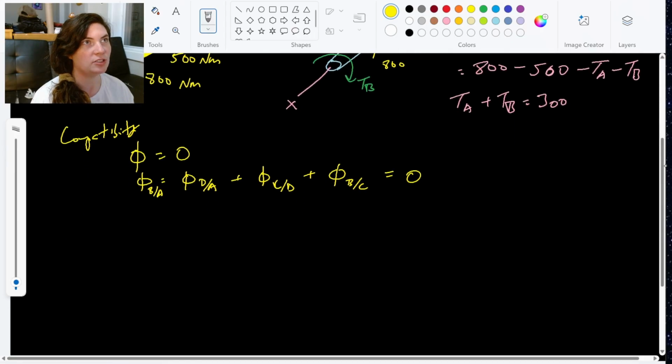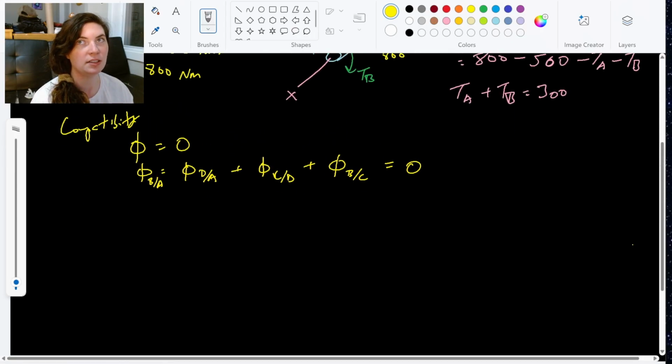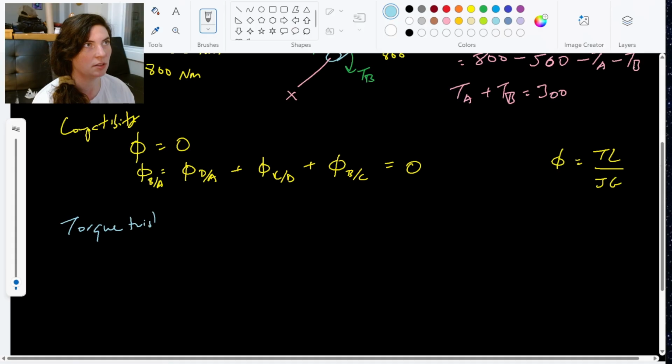Because what we're going to do is just substitute in our known torque times length over JG, our angle of twist equation, into this compatibility. Maybe we should call it something cute, something like the torque twist relationship. I'd like that. I think we should coin that. So our torque twist relationship here